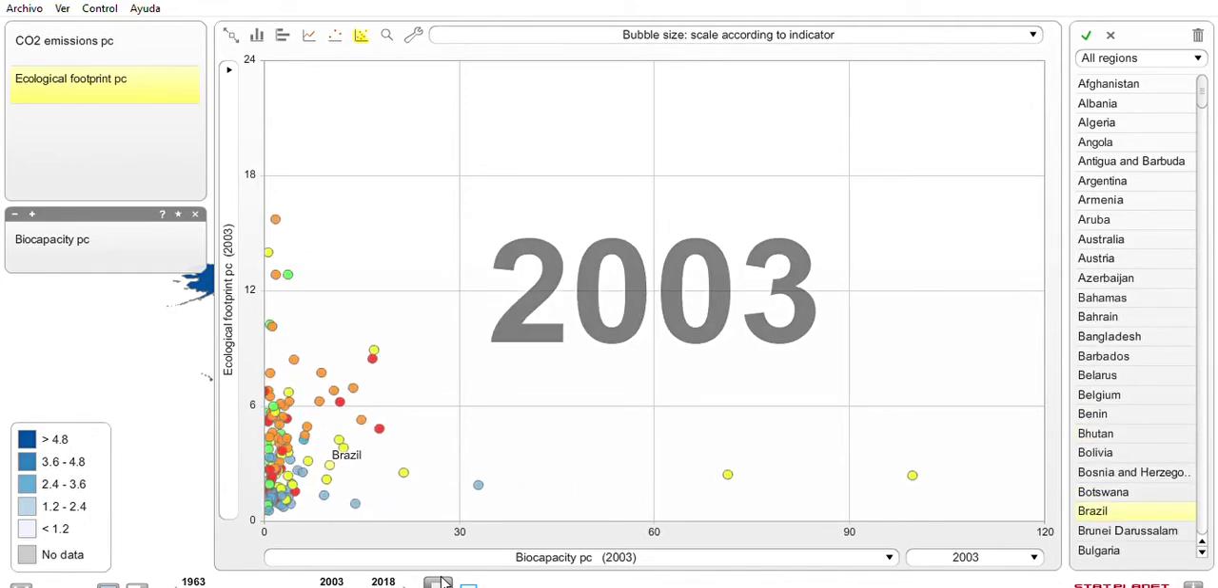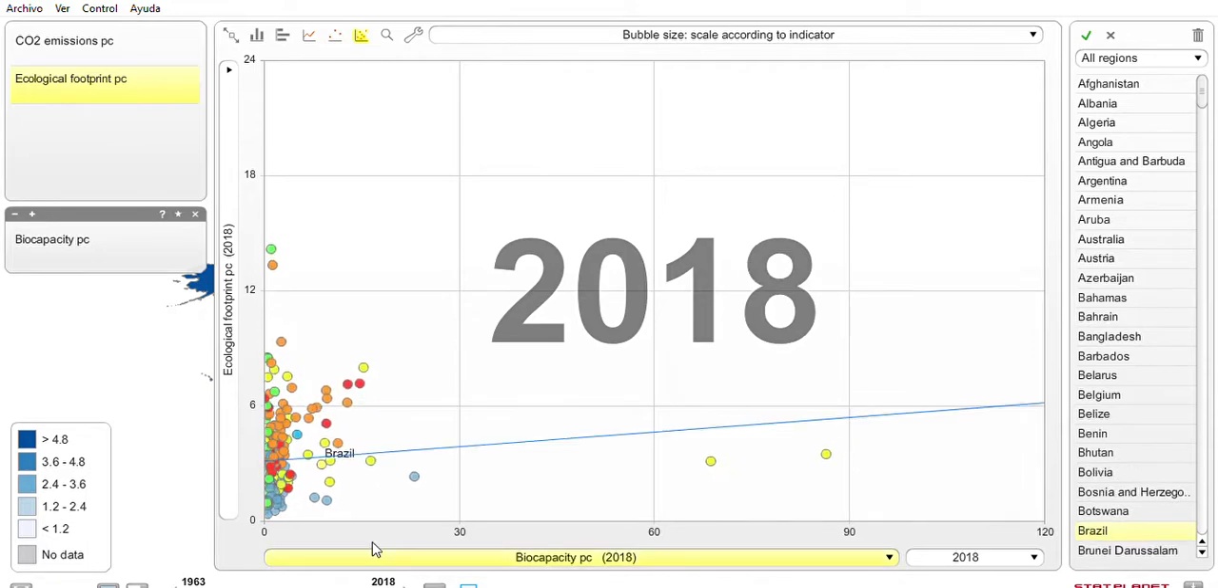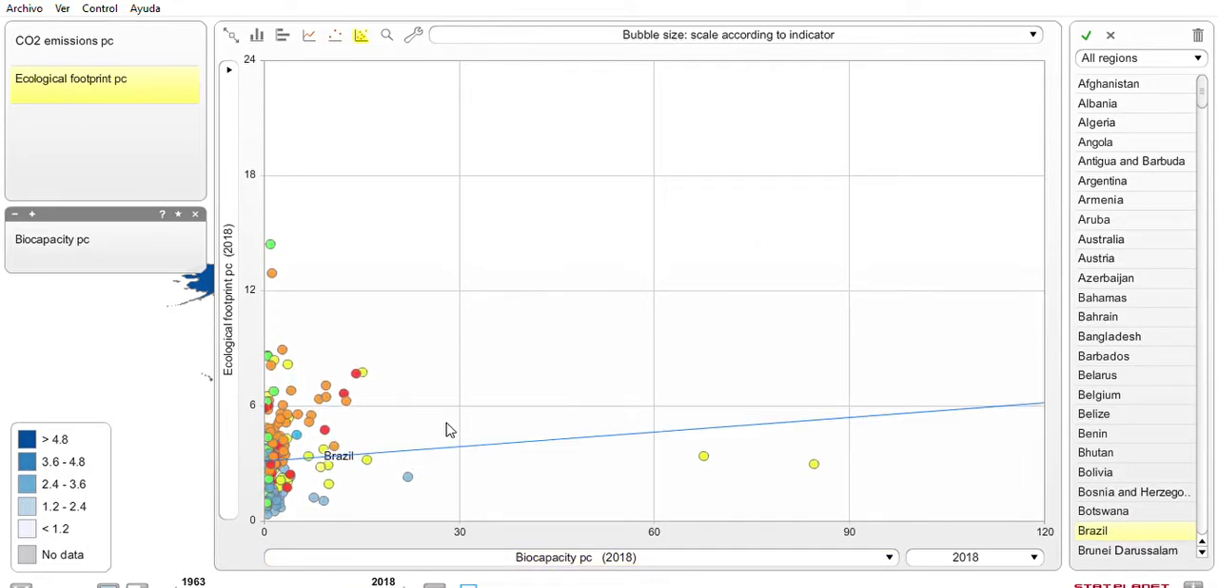Well, we see that this has changed. The correlation line is very, very slightly positive and with a very low degree of correlation. Yes, there's a tendency to see countries, particularly here with higher biocapacity, if we exclude these very high biocapacity countries, Guyana and Suriname, basically huge forests